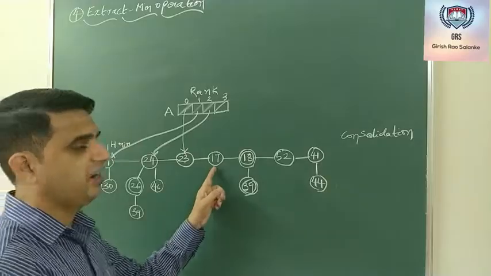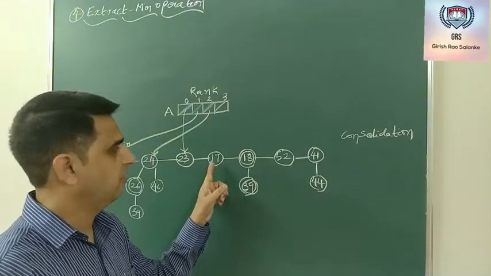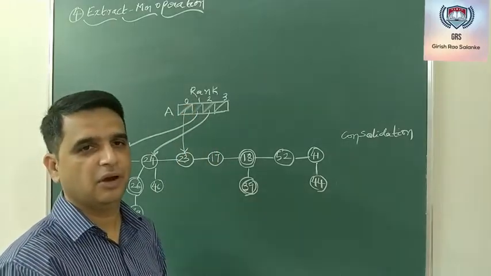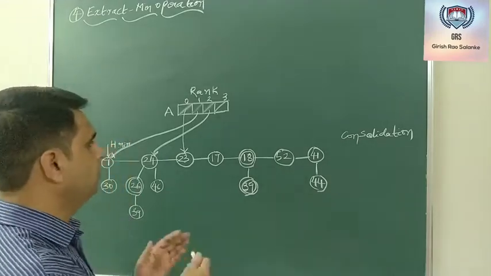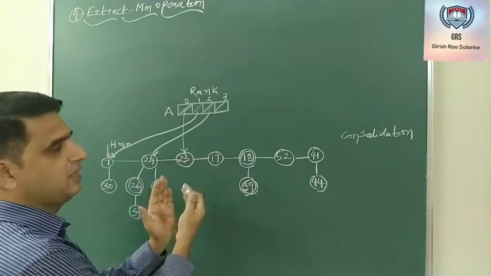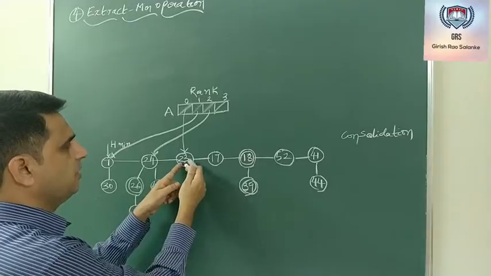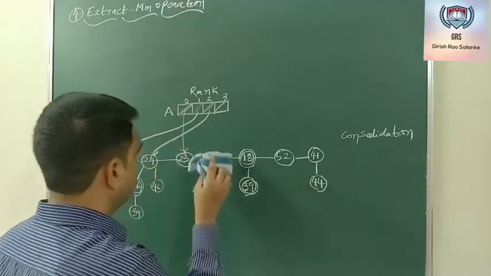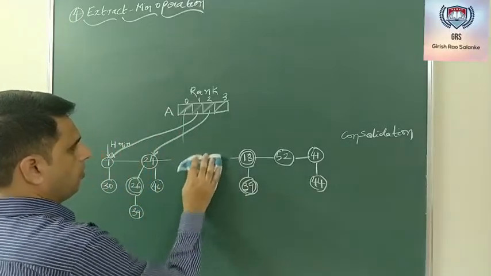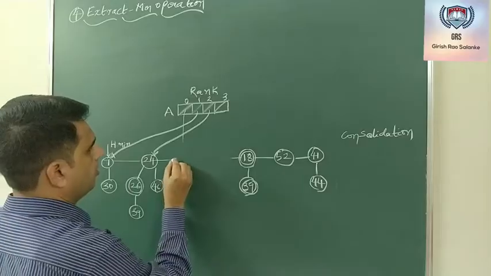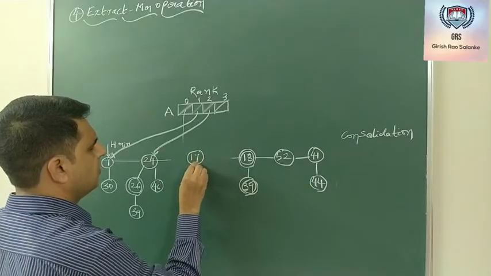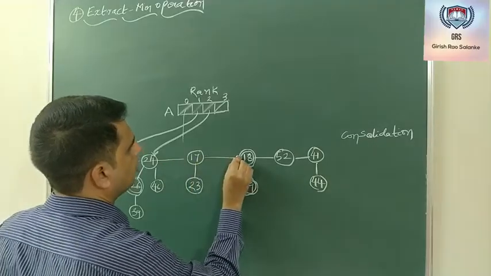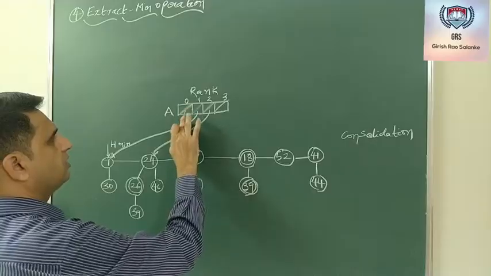Next 17. How many children does 17 have? 17 has 0 children. Now A of 0 is already occupied. What do I need to do? I need to merge them together. Now how to merge 23 and 17? Which is having a lesser value? The one having the lesser value is 17. So 23 goes under 17, and this is gone now because 17 has 1 child.